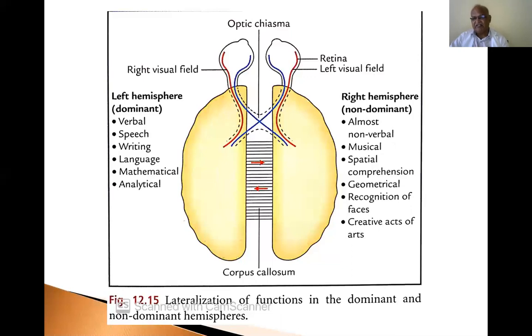So at the end of this session, you must know the external features of the cerebral hemisphere and the functional areas of the cerebral hemisphere. You must be able to know the aphasias, motor speech aphasias, and auditory speech aphasias, and everything. And you must know the dominance of the hemisphere. So the chapter is divided into these 4 criteria. You must be able to answer in these 4 criteria.